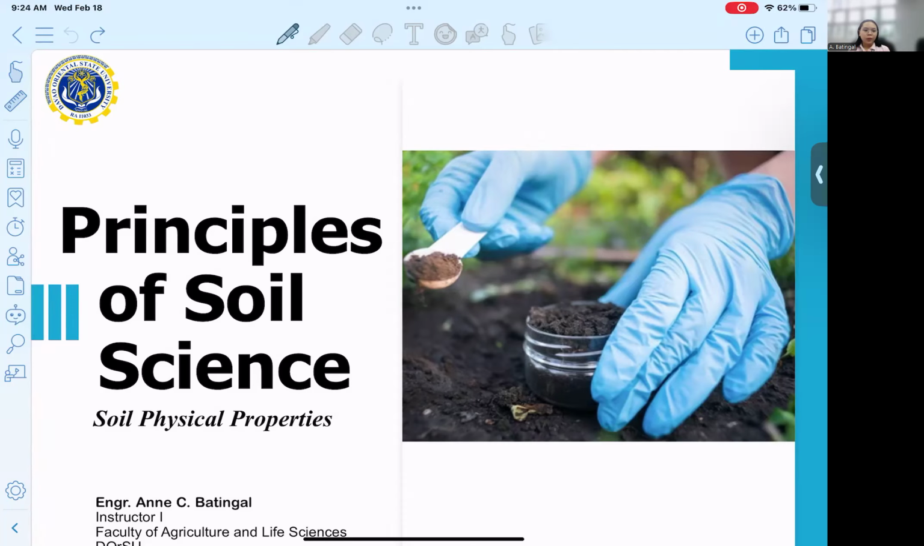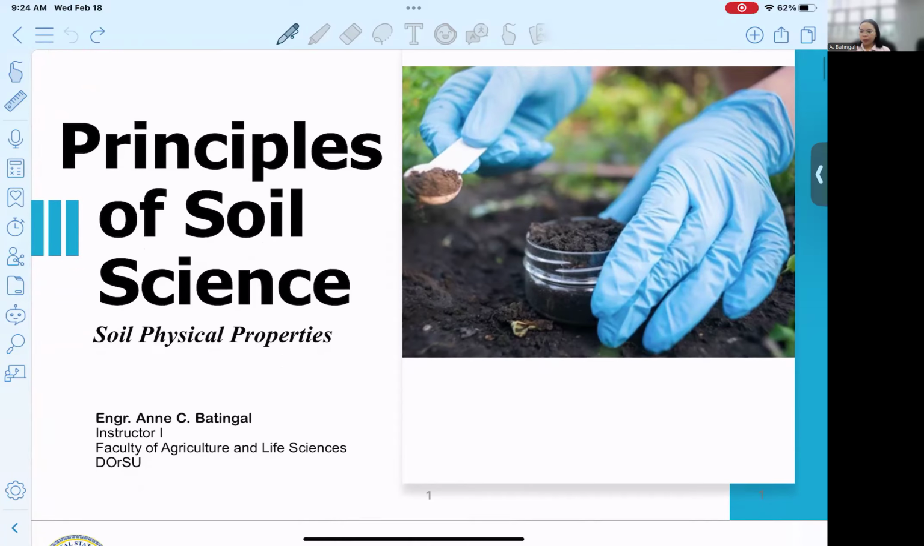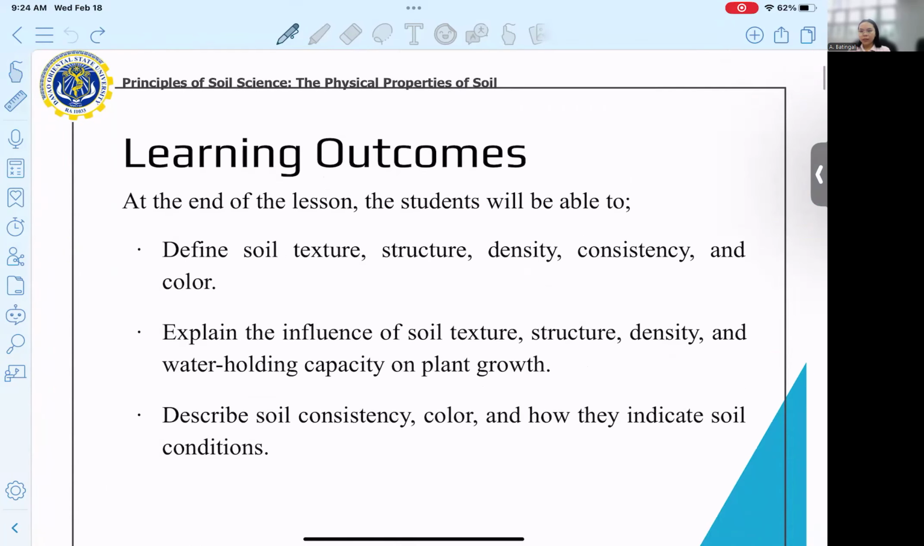Okay, so today for this discussion, it will be about the soil physical properties. So we'll have a quick overview of the learning outcomes before proceeding to the topic proper. Okay, so at the end of this lesson, in terms of the soil physical properties, it is expected that you